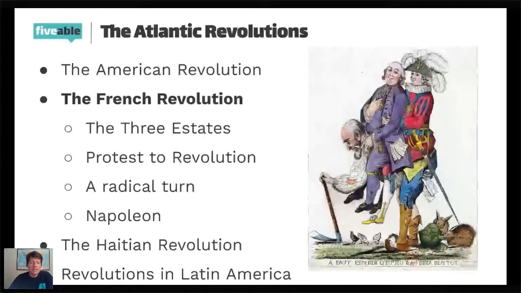Now, this image, this political cartoon, is a really great example of this, and it is displaying what were the three estates of France. So, French society was divided into three social classes. The first estate being the clergy. Those were the religious hierarchy of France. The second estate being the nobility. And those were those who had noble birth, the kings, dukes,